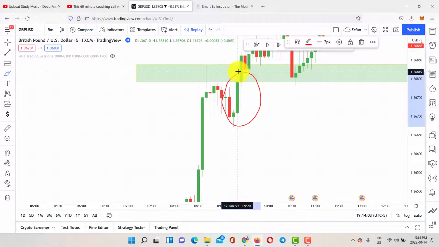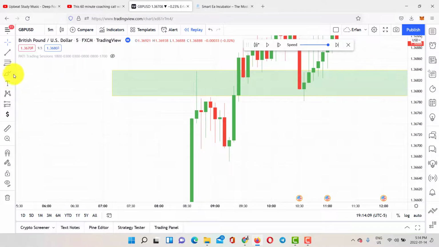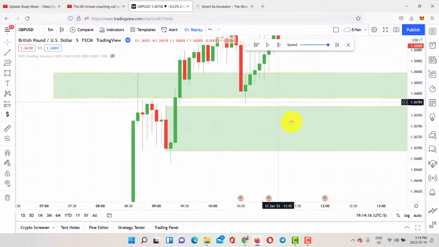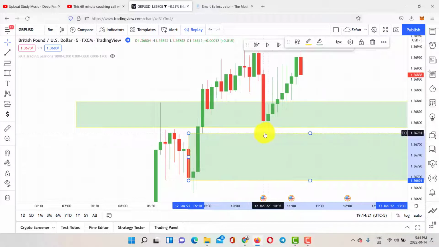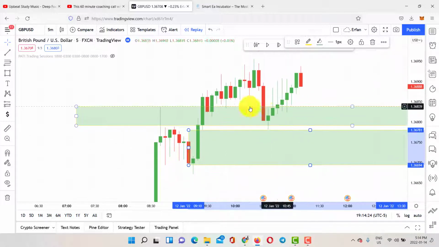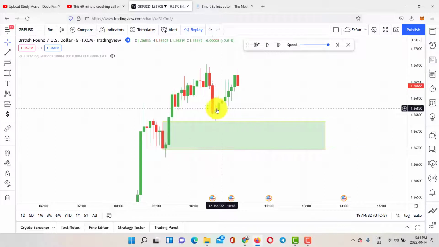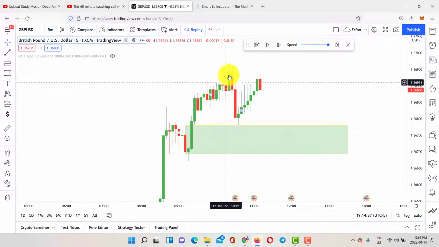This one right here. Okay, and you have to identify if it left a gap or not. So we can see that we have a very strong order block right here, which is a low probability order block, but it still counts as an order block. And if I go forward, you see that it actually tapped into this zone right here. After seeing this zone become invalid very, very fast, you need to re-enter your trade right after seeing this candle. You can either take your trade here and close your profit after taking a 1-to-1 risk reward ratio,